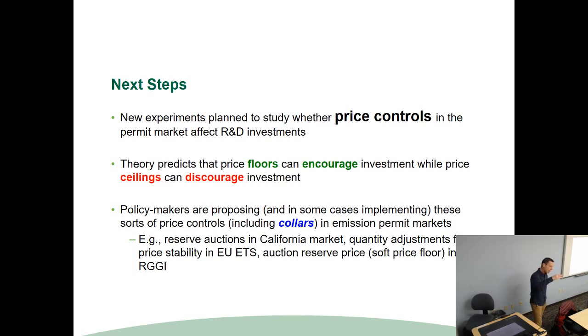So you think about an environment with uncertainty about the overall fluctuation in permit prices. Permit prices can vary for a lot of reasons besides R&D. In the case of greenhouse gas emissions, permit prices can be sensitive to changes in climate, but also changes in weather, right? If it's a particularly warm summer in California, that's going to increase permit prices in California because the electric demand is a lot higher, okay? In situations like that, due to those kinds of fluctuations, price floors put some safety net on R&D returns